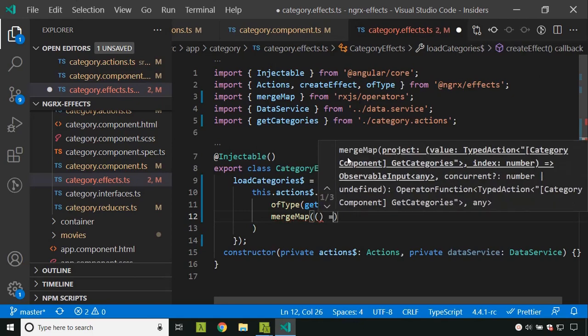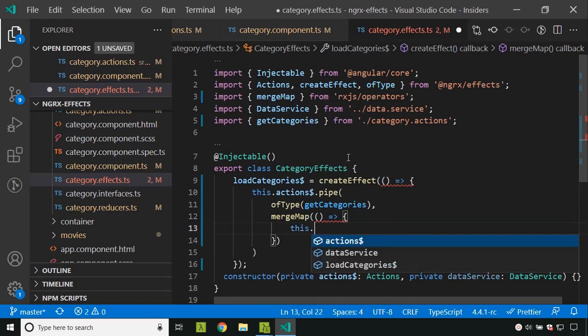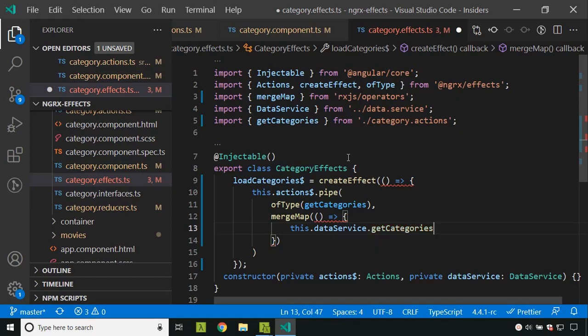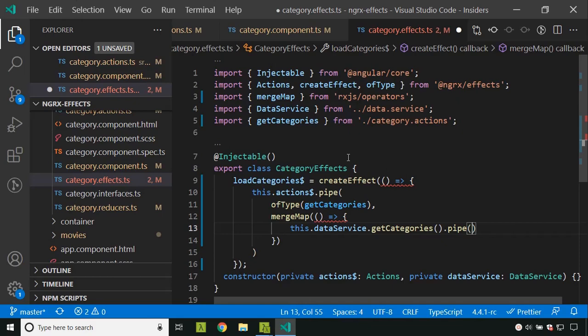again, I will add a callback, and I will call the data service. So this is basically what we need to do as a side effect. So I am calling the get categories, and again I am using the pipe since this is another observable.